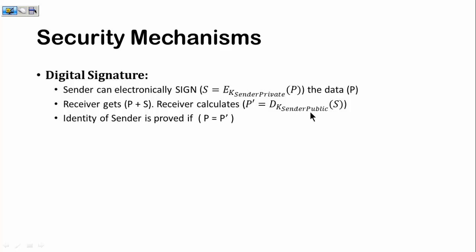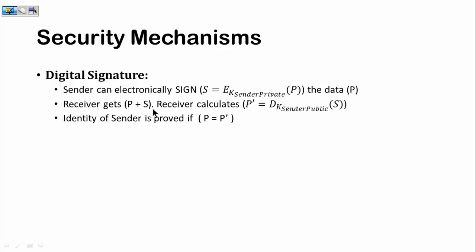And since it is a public key, it is widely known to everybody, and if not known, can be provided with the help of the certificates. We'll see that too later in the course. So when you calculate the signature, you send the plain text and the signed copy both to the receiver.